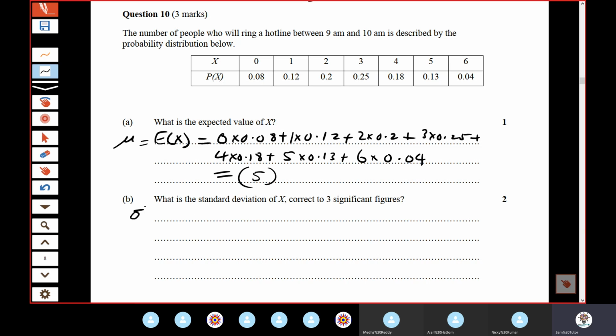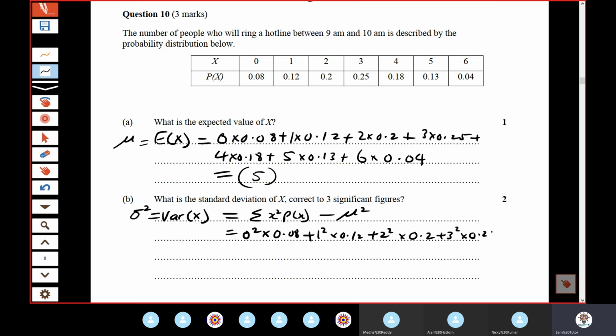Okay, and then variance was the next one that we had to do because we can't find standard deviation. To find standard deviation, you have to find the variance and then square root. To find variance was very easy. It was the sum of your x squared multiplied by the probability, minus mu squared. So sum of your 0 squared times probability plus 1 squared times probability plus 2 squared. So exactly the same as the top, except